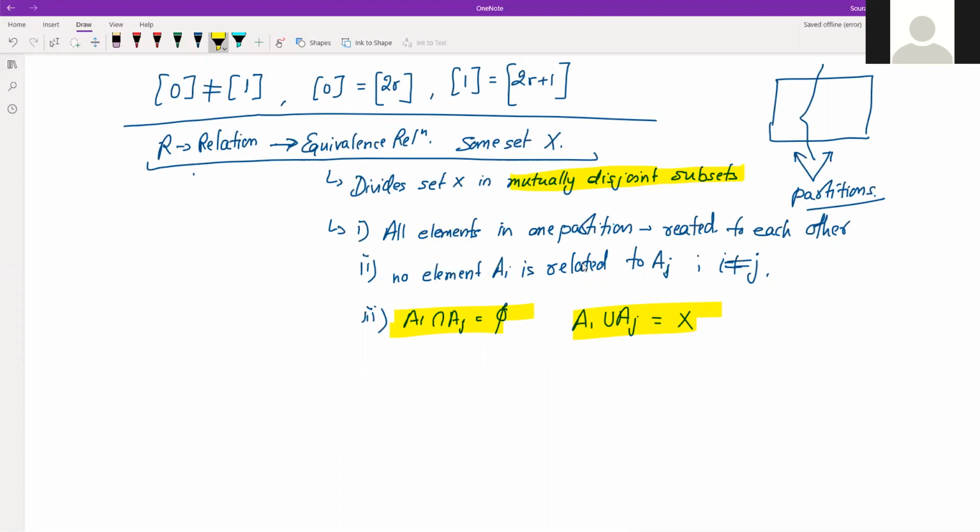Now another interesting point of this situation is that we can go in the reverse direction also. That is, if you consider two subdivisions of set Z, or say three subdivisions of a set Z by three mutually disjoint subsets. So this was when it is an equivalence relation, then the set will be divided into mutually disjoint subsets. That we understood. Now the second part is the reverse of this. Suppose you have three relations.